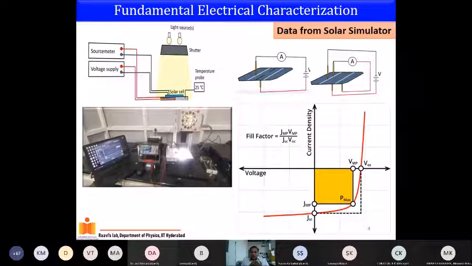If your solar cell does not have a good efficiency, there is no point in doing anything else. You can throw it out, or you try to sit and think why you didn't get it. Correct? We cannot simply throw out whatever we did in the lab. So the characterization part comes next, to understand why your device doesn't live up to your expectations. Why is it not working? Or let's say you got an excellent device.